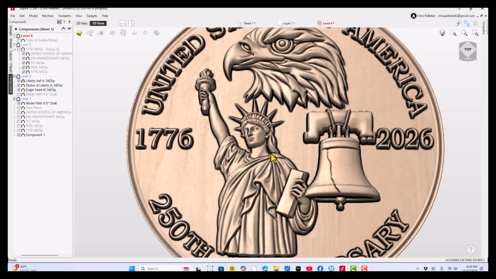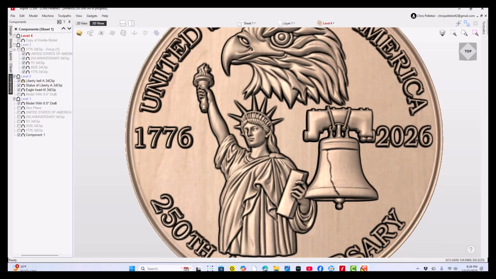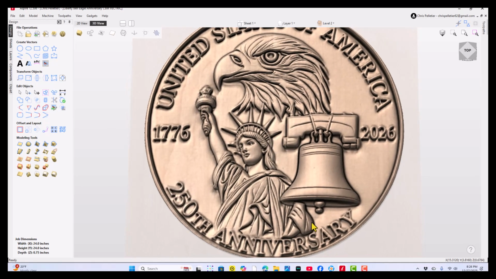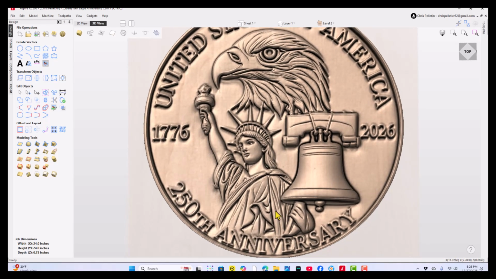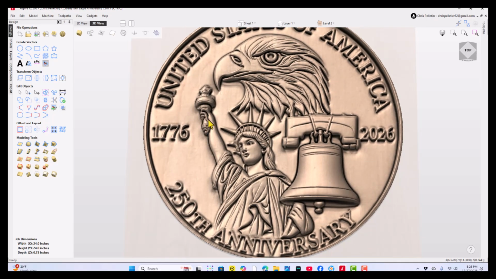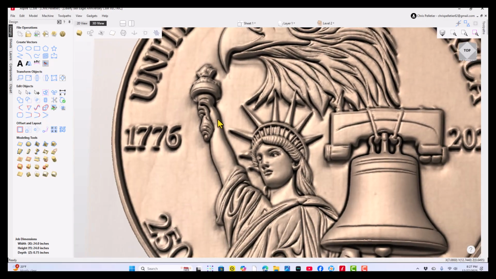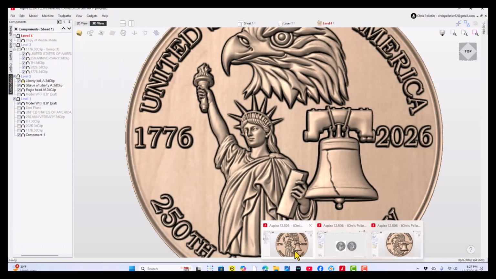This is my own rendition of the Statue of Liberty. It's not the same one that Easy Create made. As you notice, here's the book and the hand holding it. Now, if I go back to Easy Create, here's the hand, here's the book. It's not really clean. It's not really clear. I can imagine it being the hand and the book, but it's really not. And if you look at this hand also, you don't have really good fingers holding the